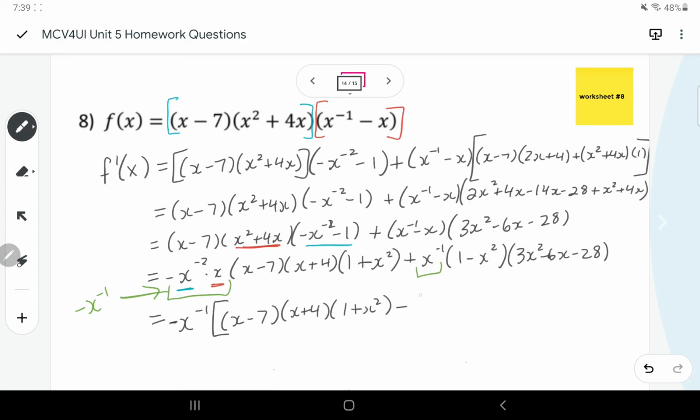minus, and then here I would look and see if I could factor these. I guess I can make that 1 plus x, 1 minus x with a difference of squares. And if you wanted, you could write that on the denominator, make it over x, but you don't really have to. I'm on the verge of thinking that we could FOIL these all out, but